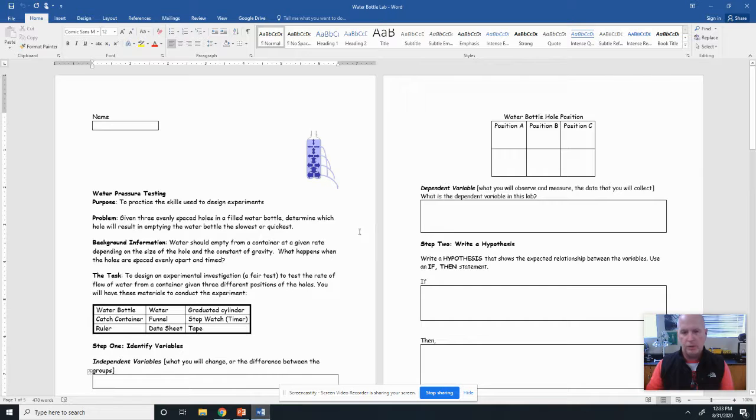So what you're going to do is open up that document. There's a copy of that document. You're going to put your name here, and you're going to just follow along as it reads here. To practice the skills used to design experiments, we've been covering the scientific method and experimental design. We've learned what a hypothesis is, the independent variable and dependent variable, your controls, your constants. So now you're going to put all this into practice by conducting this lab, this virtual lab, basically, because